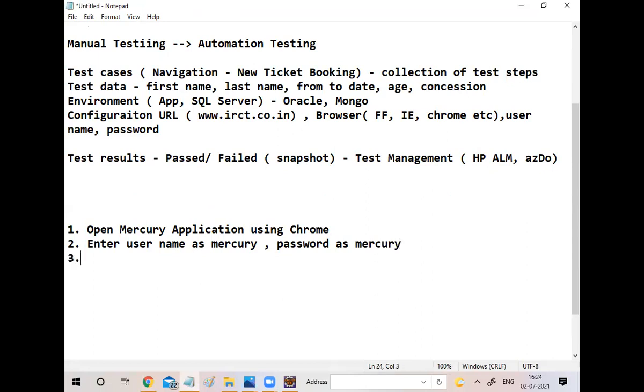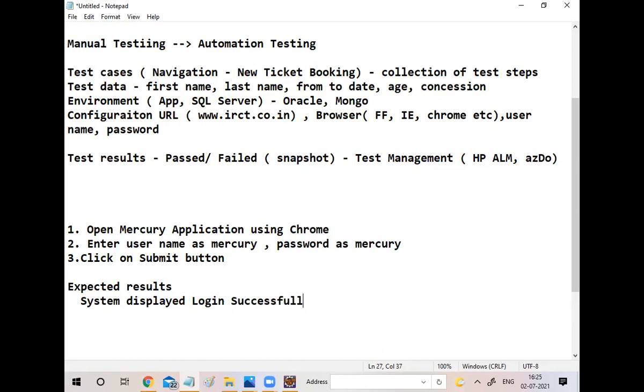Click on the submit button. Right now I am just writing the manual test case. And what is the expected result? Verify whether the system displays the login successfully message. So this is my test case.